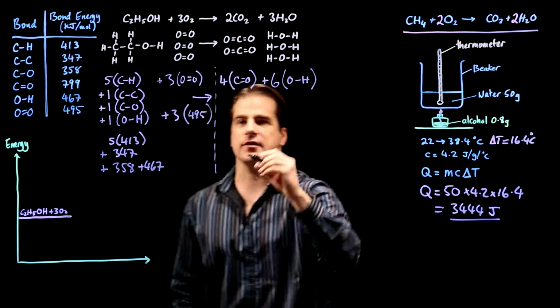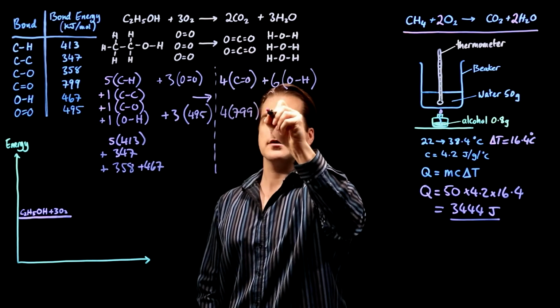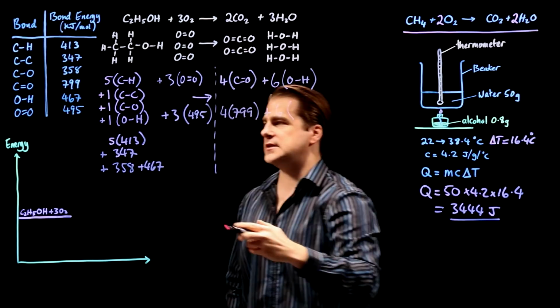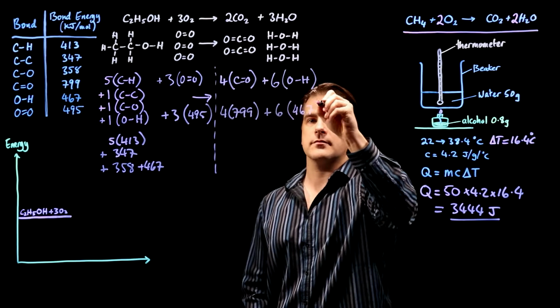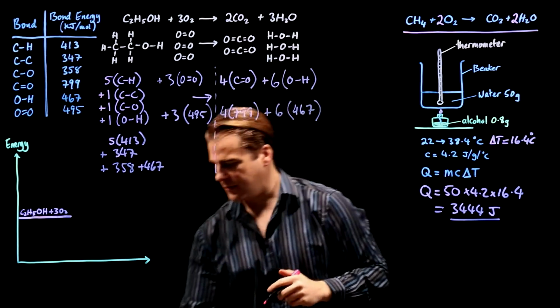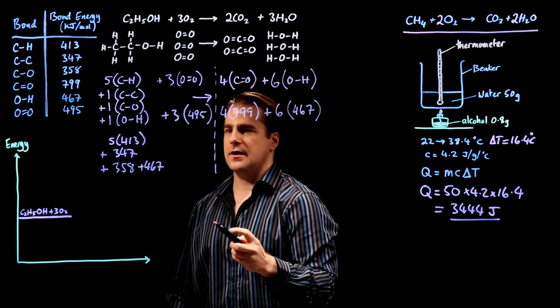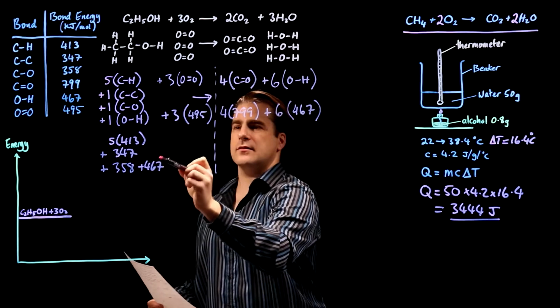That's 4 times 799. And 6 OHs, which is 467. Okay? So, stick those numbers in the calculator and you get, if you add all of that up,